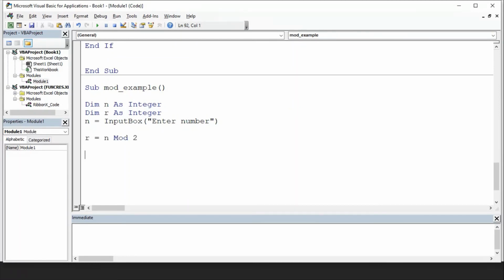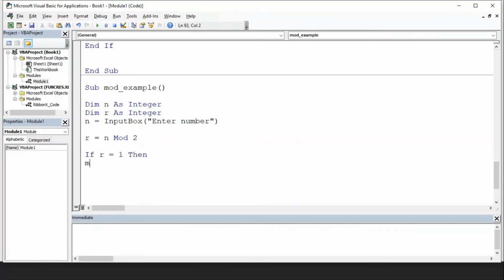Now r will store the value of the remainder: n is divided by 2 and the remainder is stored in r. So now I have to check if the remainder is equal to 1.